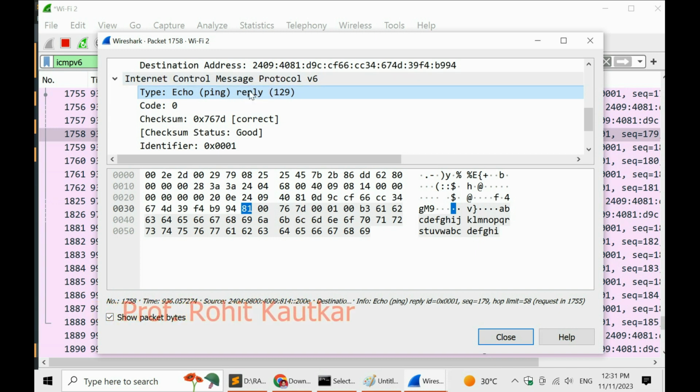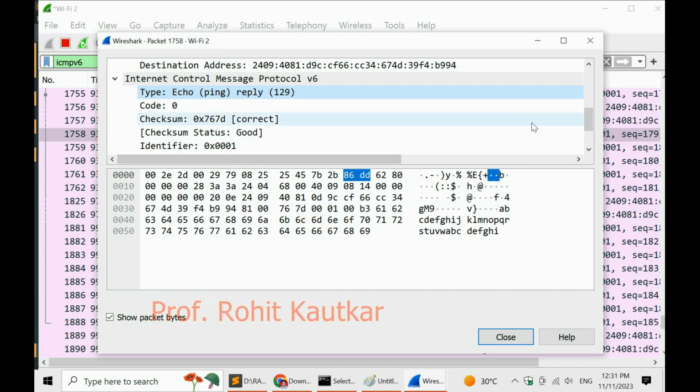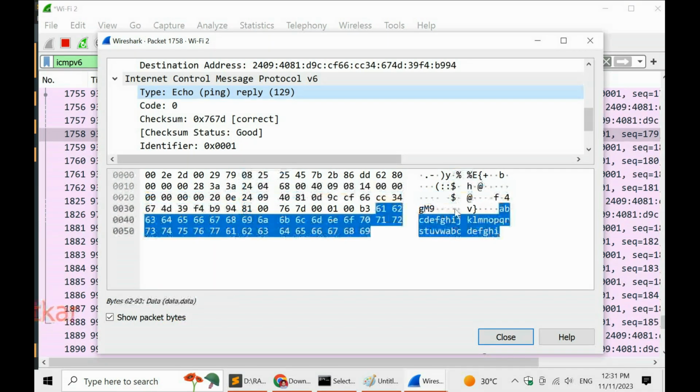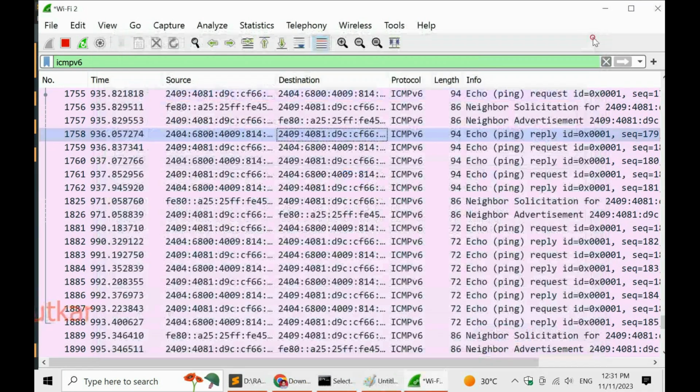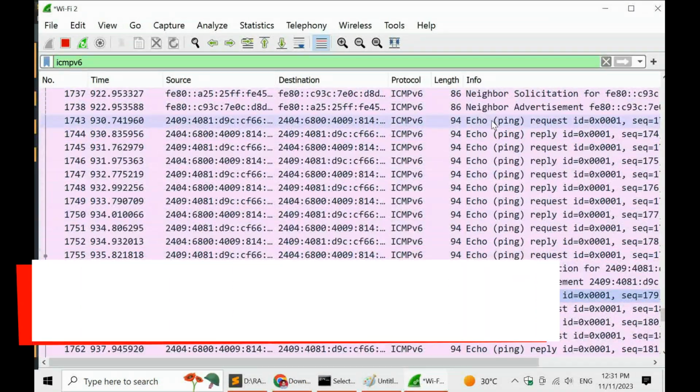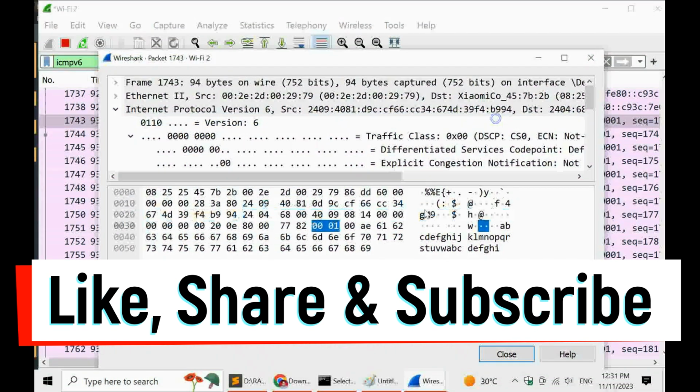And in echo there are two types, request and reply. So this is the reply packet. Likewise, this is the sample payload it includes. So here you can observe